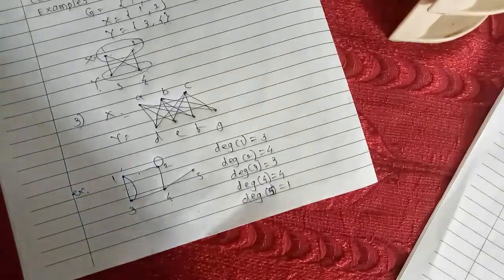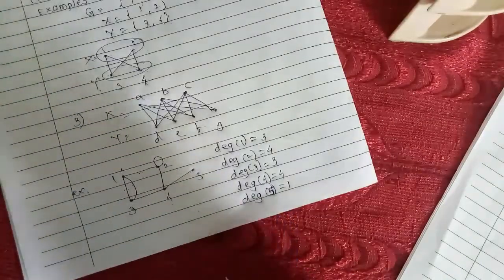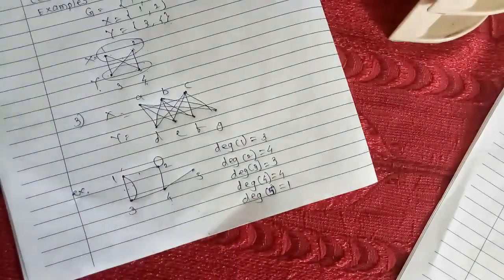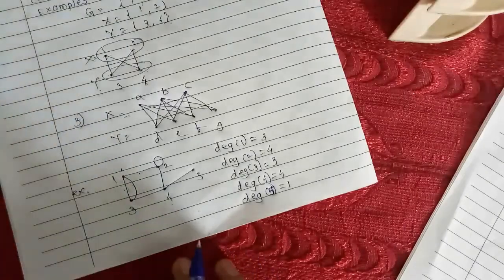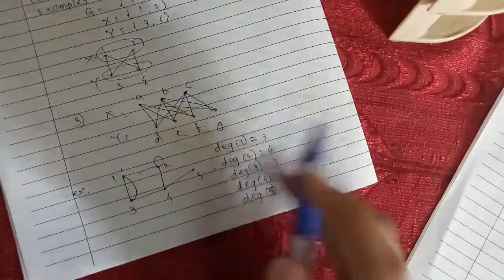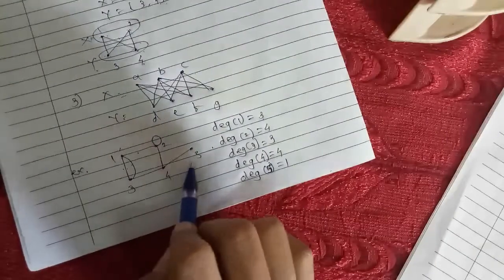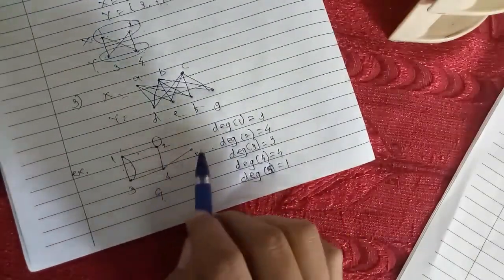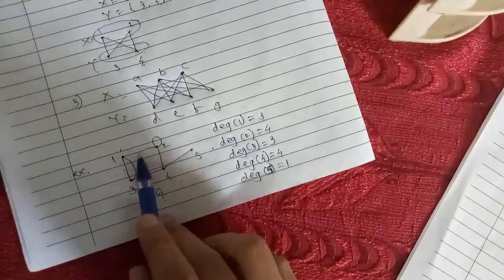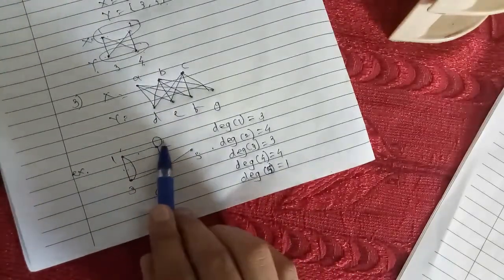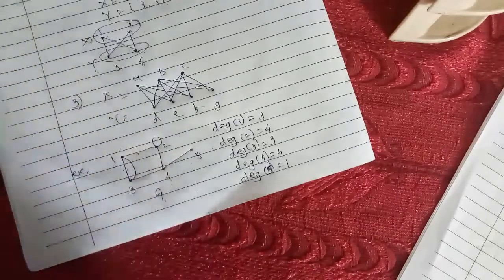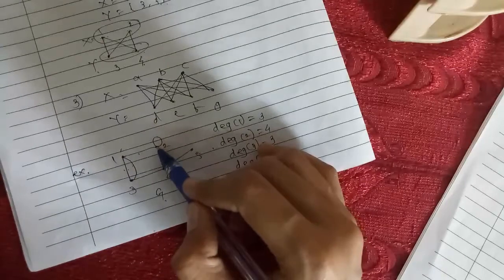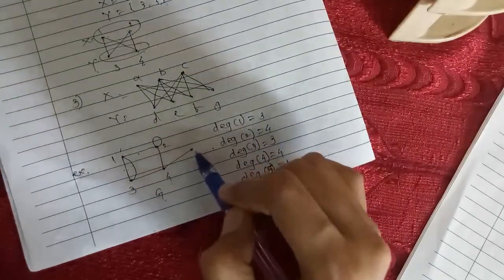Now I have already taken examples of the vertex degree, but I want to take another example. With the help of this example you will better understand the definition of vertex degree. Here I have taken this graph G. How many vertices are there? 1, 2, 3, 4 and 5, and there are edges 1, 2, 3, 4, 5, 6 and 7. There are 7 edges. So we want to find the degree of vertex 1, vertex 2, vertex 3, 4 and 5.